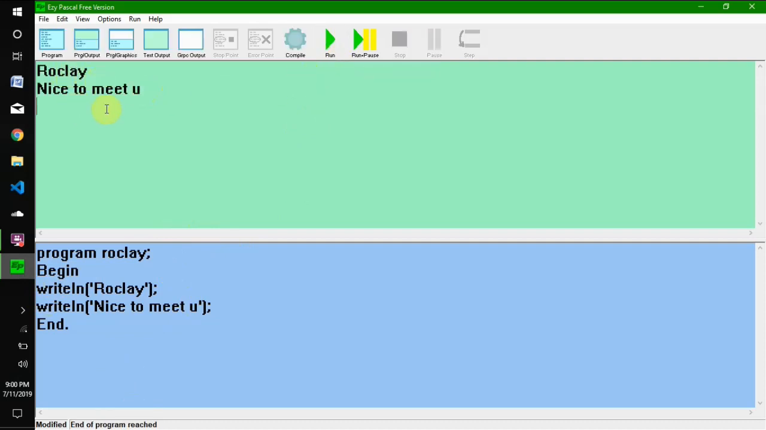As you can see in our output area up here, we've printed what we put in our write line commands. So that's a great thing right here. Now that we know how write line commands work, you can use these for a lot of things. So you can, for example,